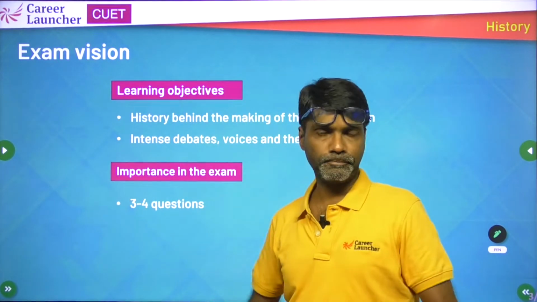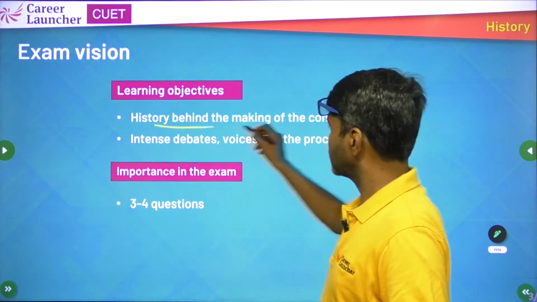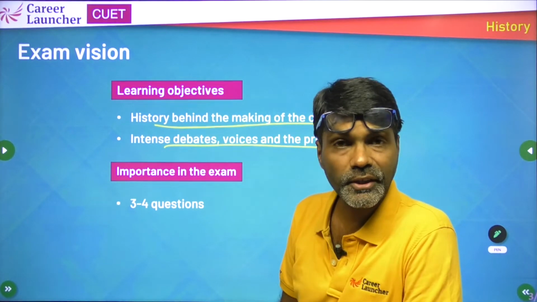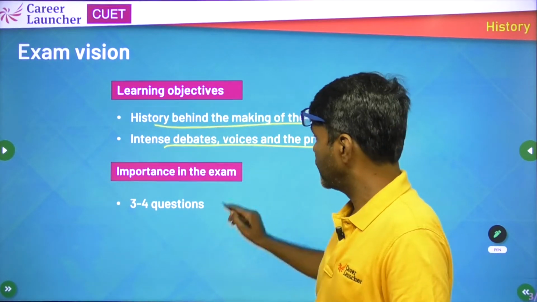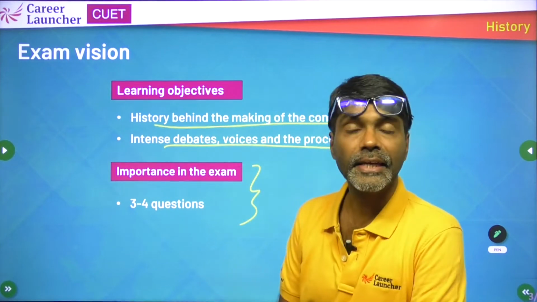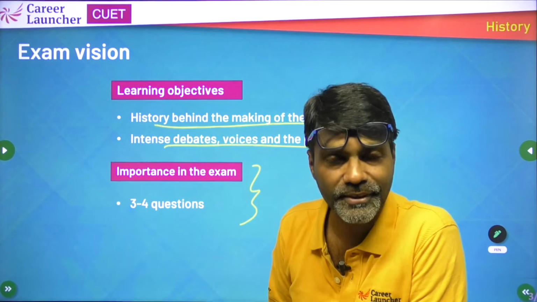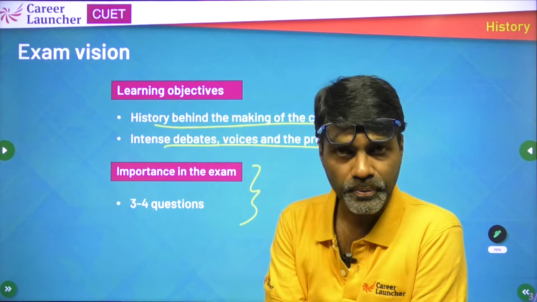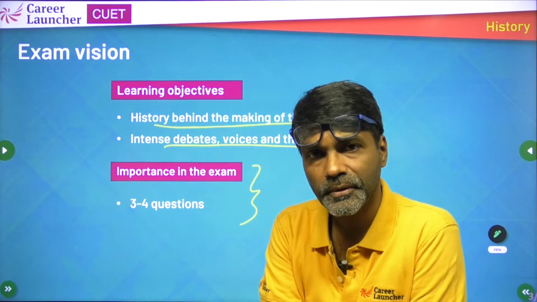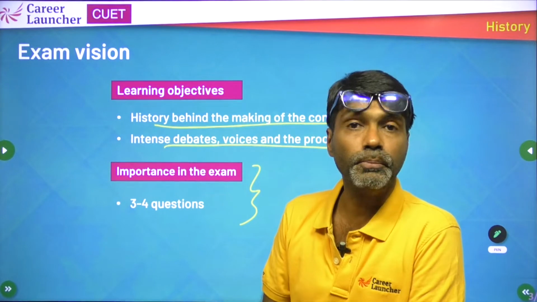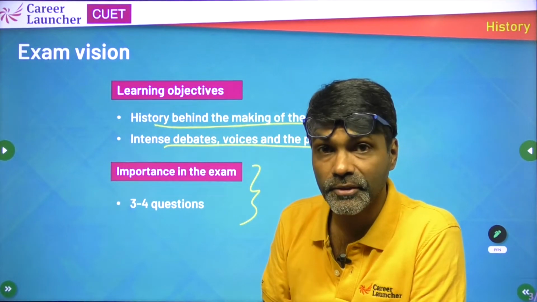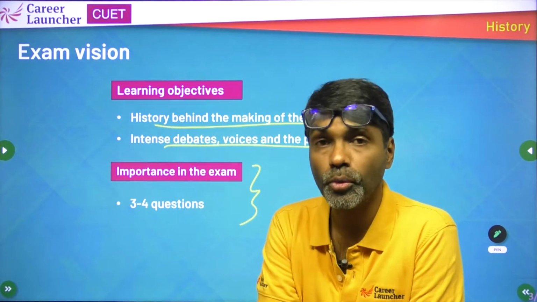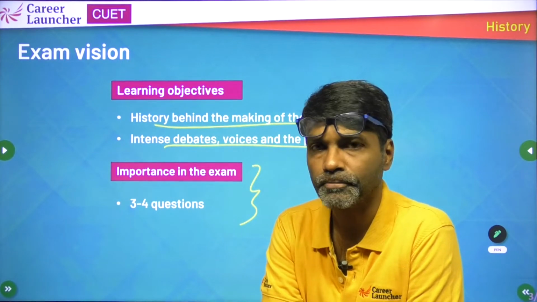सबसे पहले learning objectives हमने कवर कर लिया है. This is what it is all about. We covered it in the previous slide, and this is the here and now part of it that I'm sure you are very interested in. 3 to 4 questions, a very easy chapter, just a bunch of important names, dates and concepts. Pay attention, and these 4 points are up for grabs for you.